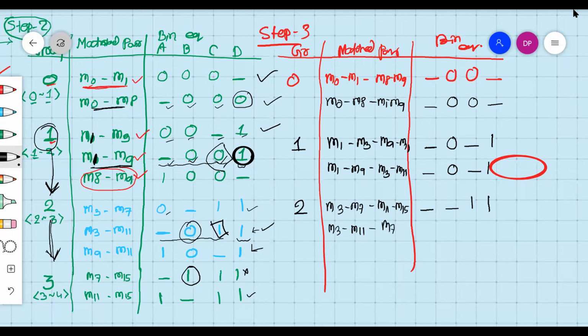it will be forming with M7 M15. Okay, so this is underscore underscore, this is 1 and 1, right? So while doing this,